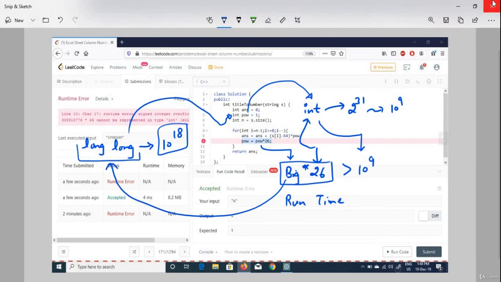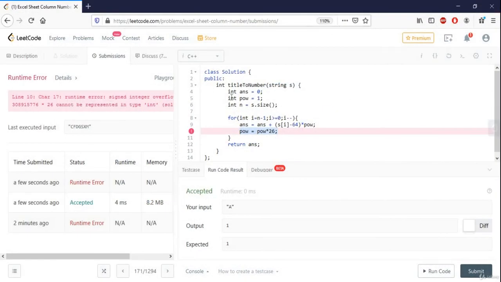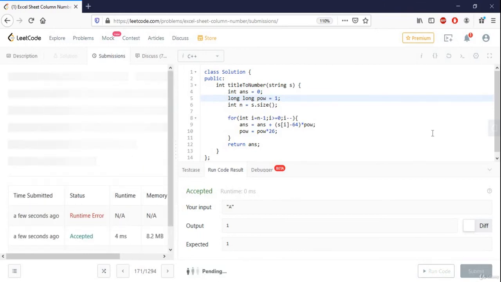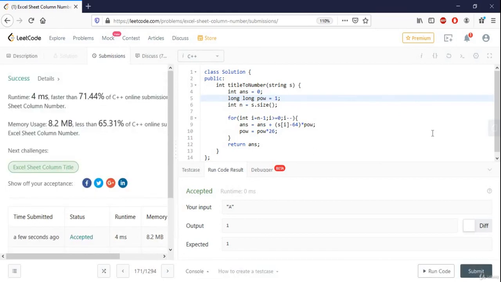So let's change the data type of the power variable. Instead of integer, we will use long, and hopefully this should work. Now let's submit. Okay, so our code is working fine.